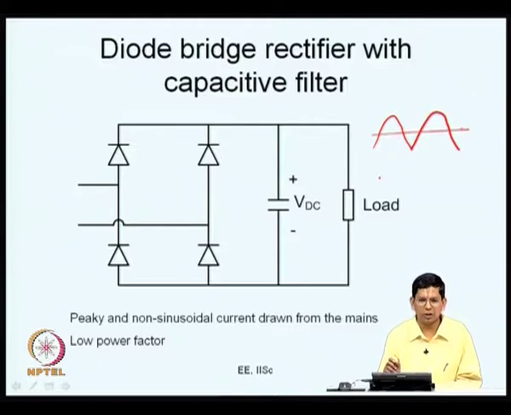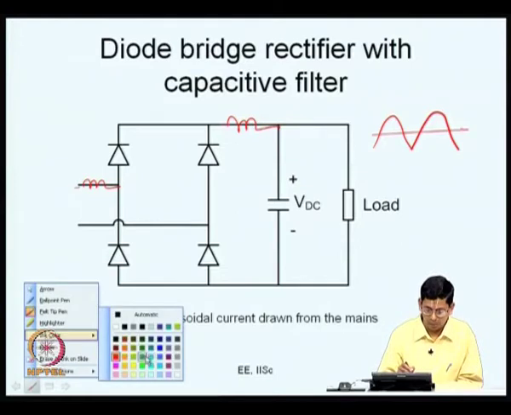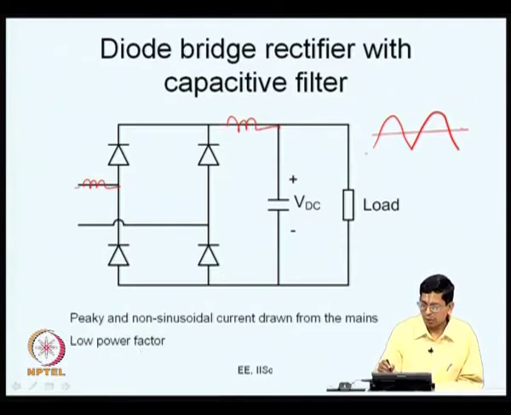So, the minimum filtering that you do is to put a capacitance here. Of course, there are additional filterings that you can do, in terms of having, let us say, an inductance here or an inductance here, but as I said, the minimum filtering that you do is a capacitance here. So, what happens because you have a capacitance here, let us say, when you have a capacitance like this,